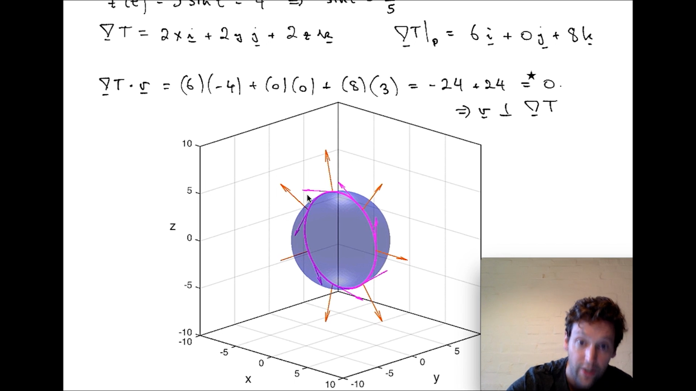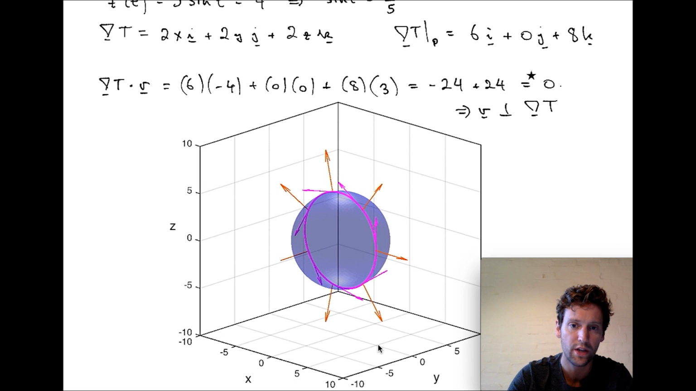So here's the velocity. Notice that it's always tangential to the trajectory, and it's always tangential to my level surface as well. And then at each point here in red, I've shown the gradient vector at different points. And you can see that the gradient vector is always pointing outwards. It's always pointing perpendicular to the velocity vector. And so it's always pointing perpendicular to the level surface at